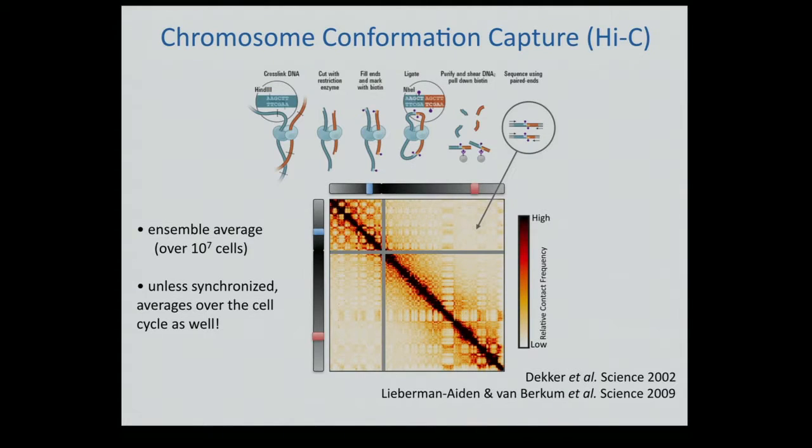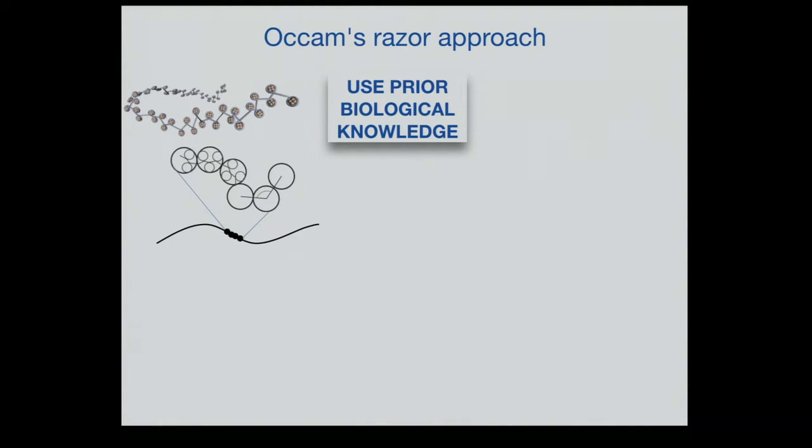Before going into these features of the genome, I would like again to explain what we're trying to do. Our approach to this data is that we're trying to model it from first principles. And when I say model, let me explain what it is, because it's very different from models you've seen so far. We're trying to build physical polymer models of how the genome is organized in different cells, building ensemble models of conformations. We're not building models based on the data. These are a priori models, or an Occam's razor approach. So we use some prior biological knowledge, or in most cases, prior biological hypothesis, to fold the region of chromosome that we're interested in.